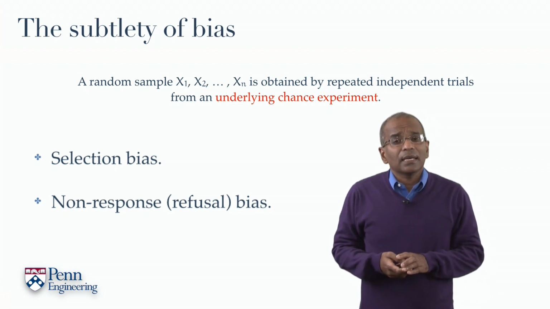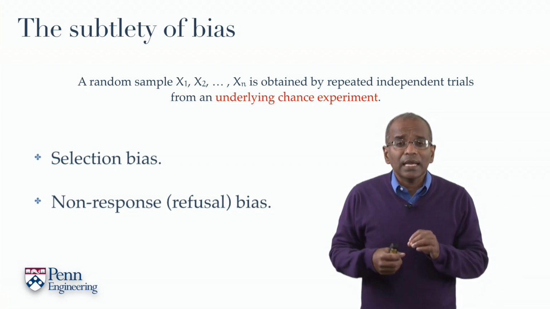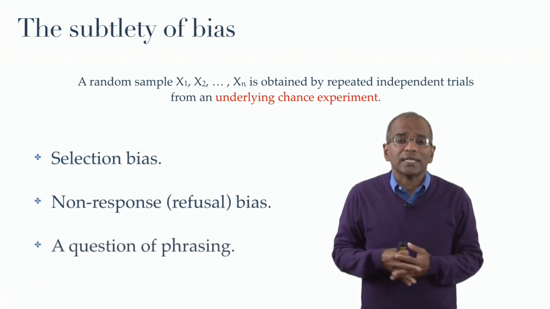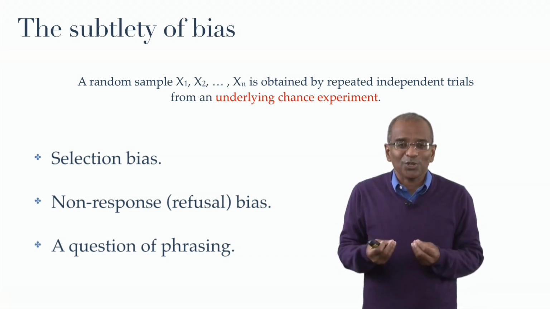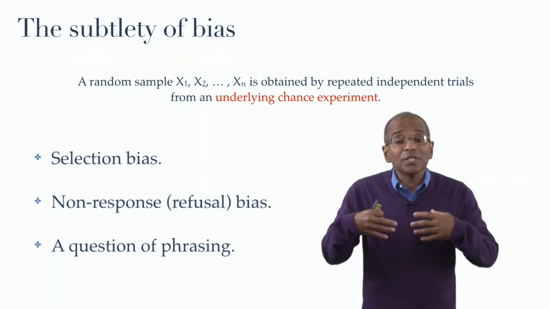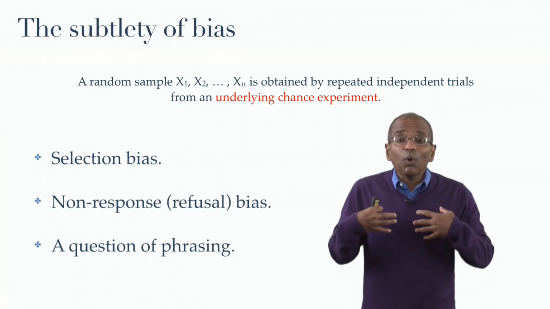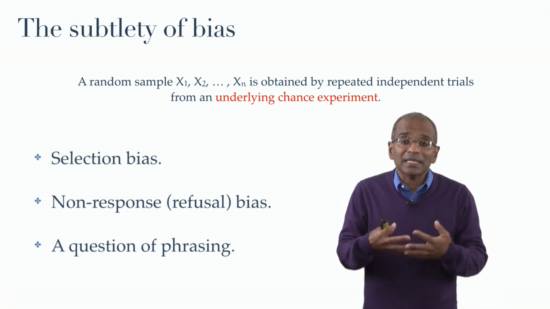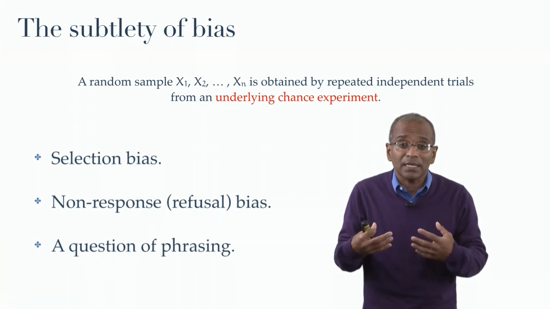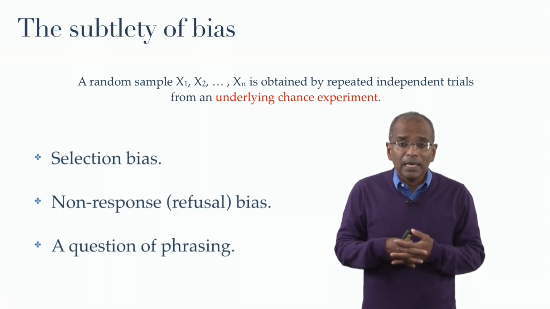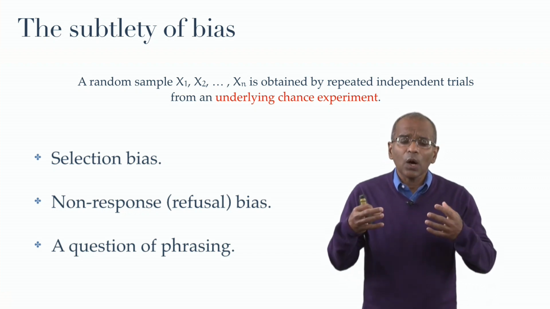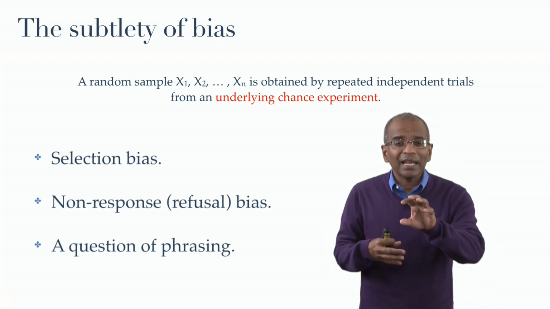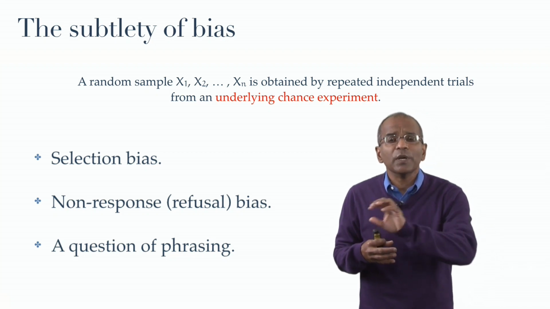Still another area of bias arises in the wording of the questions. It's a question of phrasing. As I've mentioned, this can be conscious or unconscious, but words are powerful. They convey meaning, and if one uses them incautiously, then what is understood by the listener may be very different from what is intended by the speaker. Let me give you an example, not entirely hypothetical, about how an unscrupulous pollster can shade a poll in any direction she wishes.